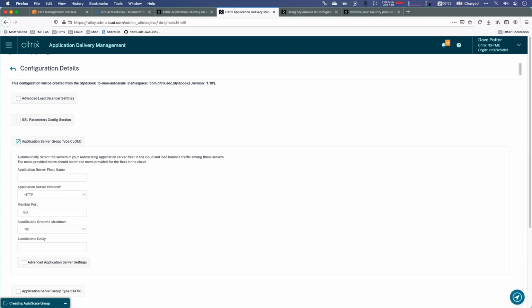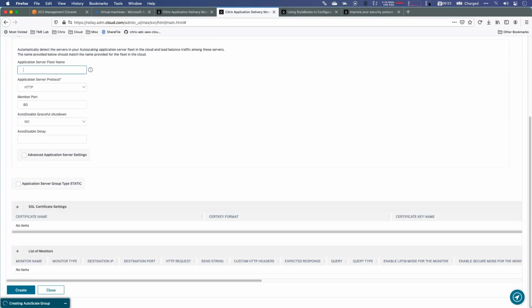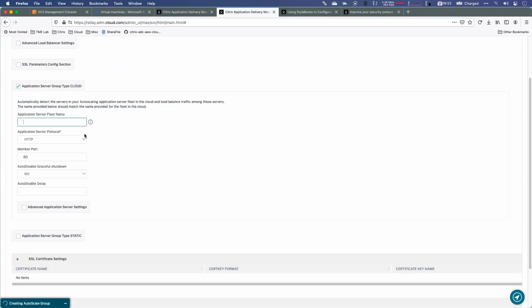Now, cloud is interesting because if your application itself is, say, an Autoscale group of servers in Azure, that would be a virtual machine scale set. In AWS, that would be just a server Autoscale group. If you want to support that on your back end, you would just type in the name of that Autoscale group, some basic parameters, and then ADM will go ahead and look up the IP addresses that are in that Autoscale group that are being used and plug them in automatically and resolve them into the service group definition